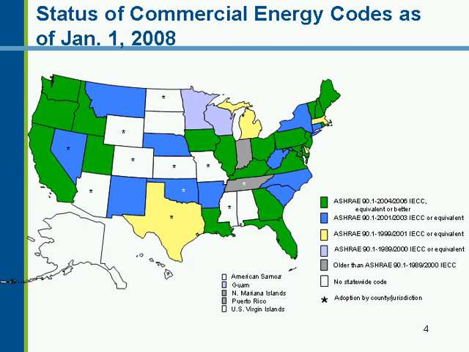A way to graphically look at this, looking at adoption across the country, as you can see, there's quite a bit of variety. A variety of adoption from the 1989 one, one of the original ASHRAE codes, up through the most recent 2004 version. Some states, you'll see with the asterisk, are adopting by a county or jurisdictional basis. Home rule states don't have an overall code. Anyway, quite a bit of variety there.